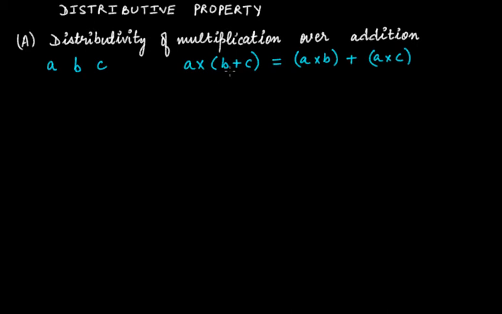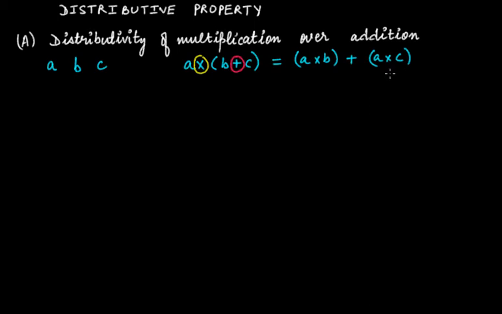Why over addition? Because you have a plus or addition sign here. And why distributivity of multiplication? That's a really tough twist to pronounce. Distributivity of multiplication, because you have a multiplication sign here. So distributivity of multiplication over addition is due to this reason, that you have a multiplication sign and then this plus sign, and these are three integers. A, b, and c are integers. If this condition gets satisfied, we have to check it, then we can say that integers follow distributivity of multiplication